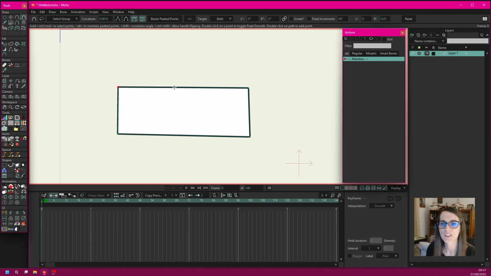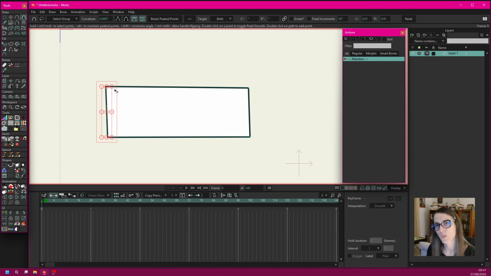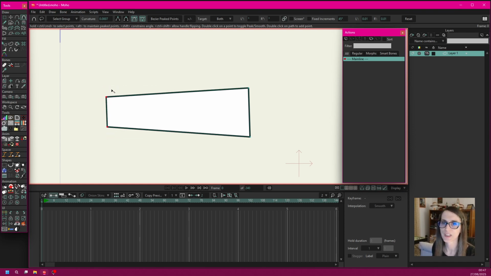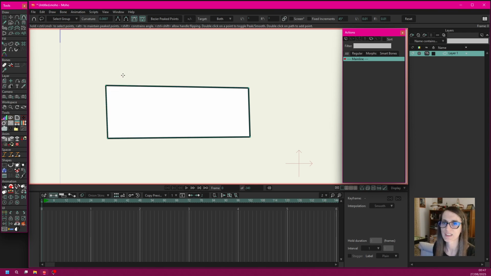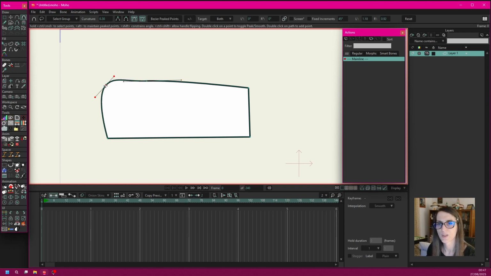Let's first see the changes I made in the viewport. The first one is the ability to select and move a point or to select and move multiple points holding control. As you can see, we have the bounding box like the transform point tool. Of course, we have also all its functionalities. A new feature is that you can add a point double clicking on the path. Or you can toggle from peak to smooth point and vice versa, double clicking on a point.